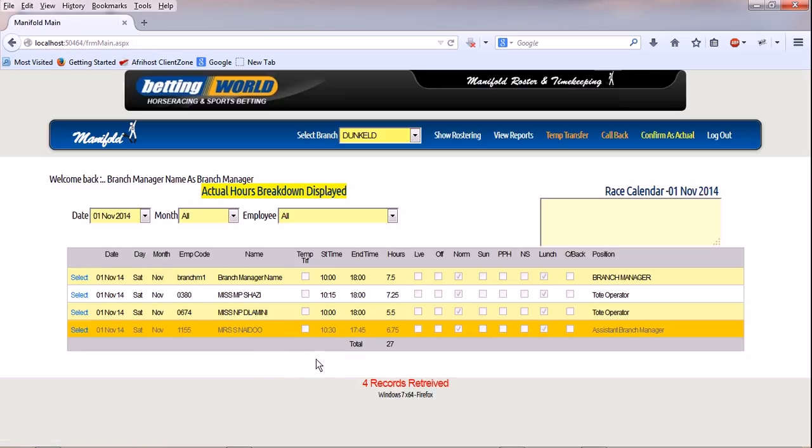Now through this facility we are also able to do temp transfers, which is in essence when we borrow an employee from a different branch and we bring them to our branch for a particular day, and we are also able to do callbacks, which is a situation where an employee is on leave or they are off and they'll call back into the branch for any particular users to work. Those will be captured using these two buttons here, the more details of which we will run through in the detailed